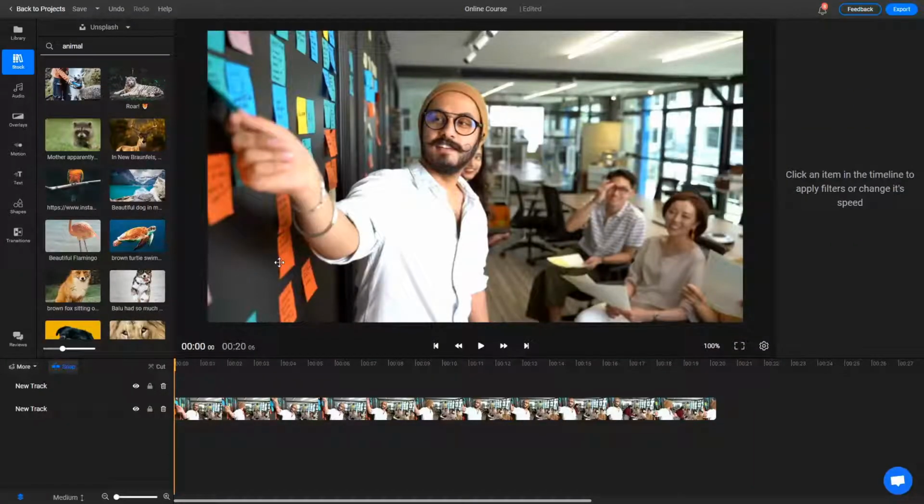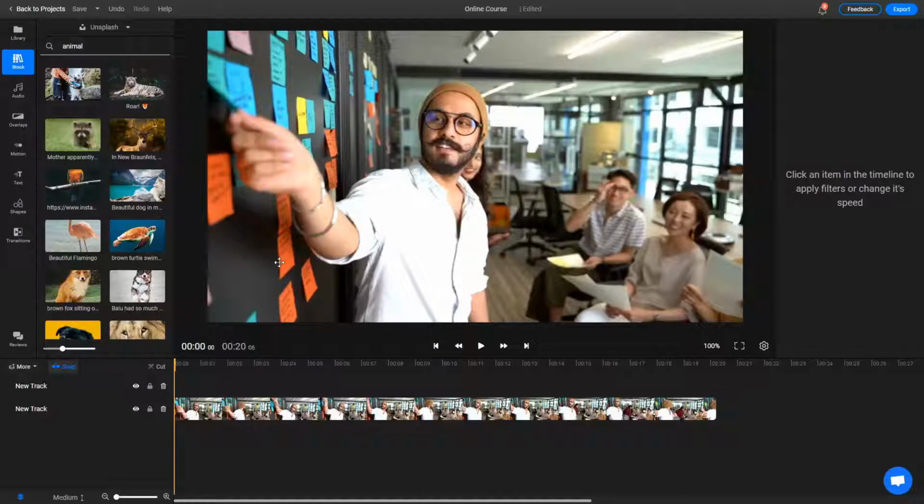For starters, you can use Flixeer to insert images into your videos. These can be illustrations or diagrams that support your point and make it easier for students to understand the topic being discussed. You can either upload your own pictures or take advantage of our library of free, high-quality stock images to find the exact thing you need.